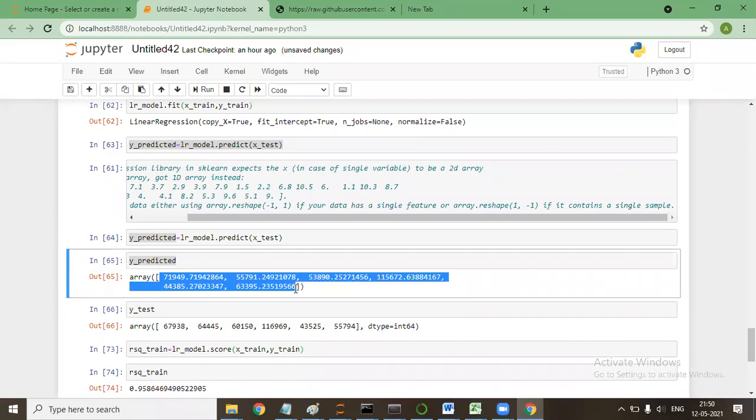Sir, the doubt that I have is that in line 64 you have written LR model dot predict x_test. But while we are finding the R square value, y predicted is not used. So why do we even find y_predicted? Initially we can just write r2 score train on line 73 and execute the next line also directly. Why do we do this?